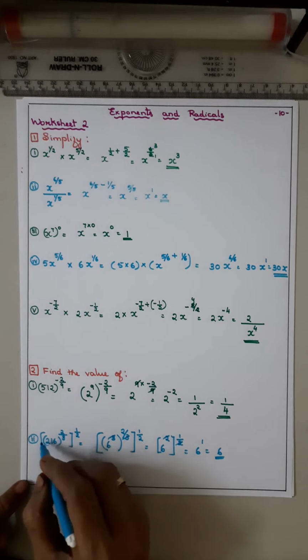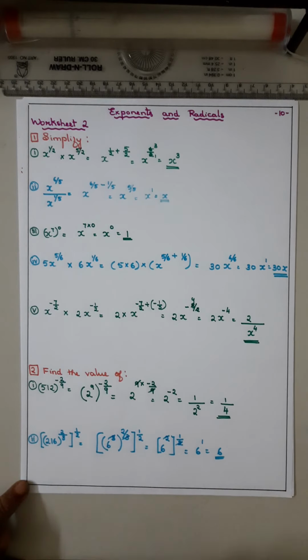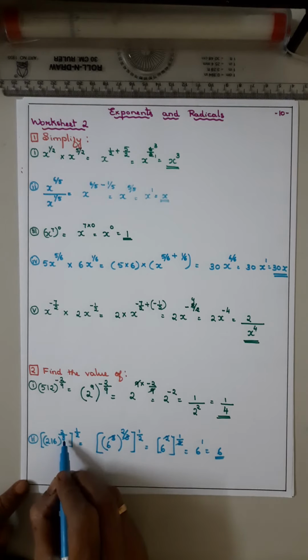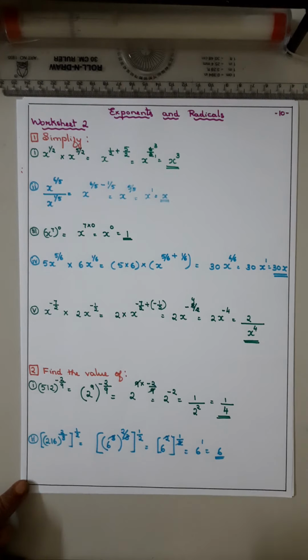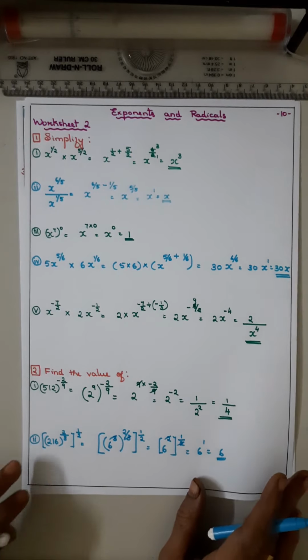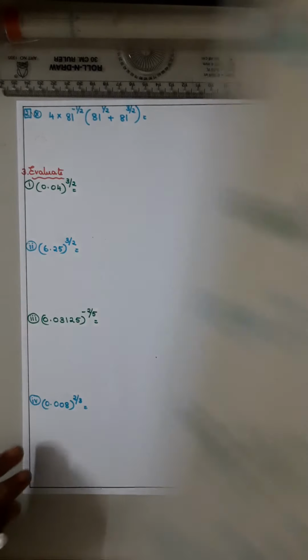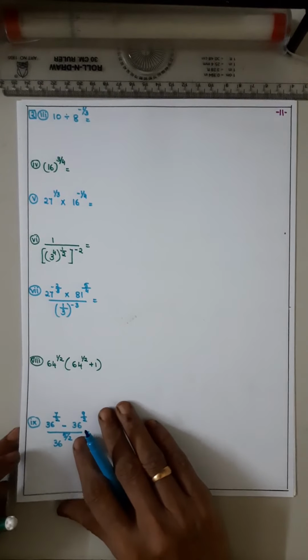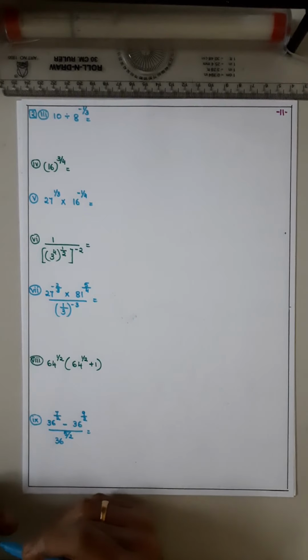So whatever number is there, convert it into the power. Then cancel it. The power should be the same. Take the denominator of the power and write the base as a power of that number, then cancel, cutting from inside to outside. Hope everyone understood. Now coming to the question number 11. Sorry, it is the question number 2, third question.